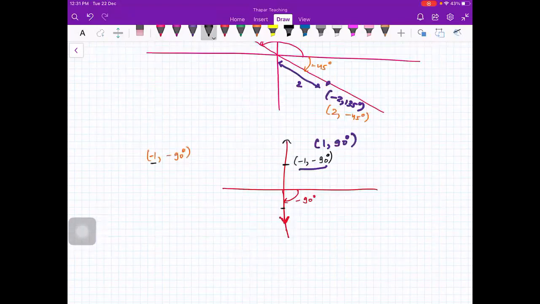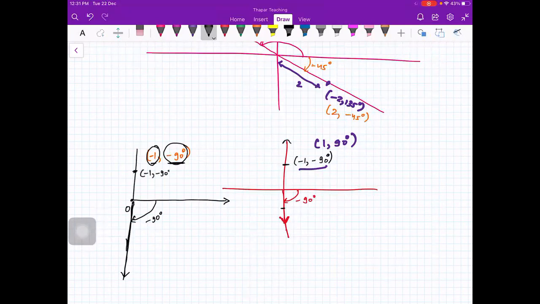Yeah. So first of all, what you have to do, you have to go to this axis. What is this axis? Minus 90 degree. So you have only this origin and the initial axis. So minus 90 degree is here. Okay. So this is the forward direction for minus 90 degree. Now because you have minus 1, so instead of going in the forward direction, you'll go in the negative direction. So this is the point minus 1 comma minus 90 degree. Got it? Yes, ma'am. Okay. So this is how you have r and theta in polar coordinates.